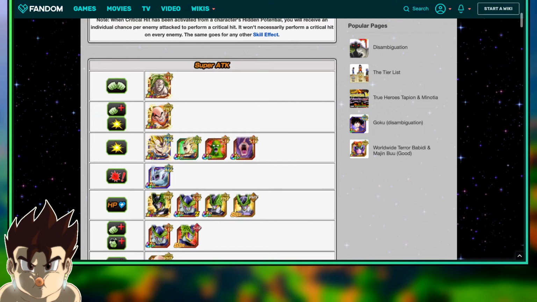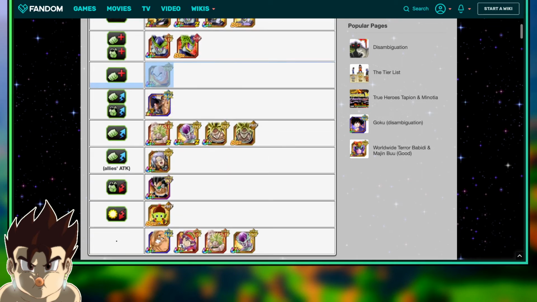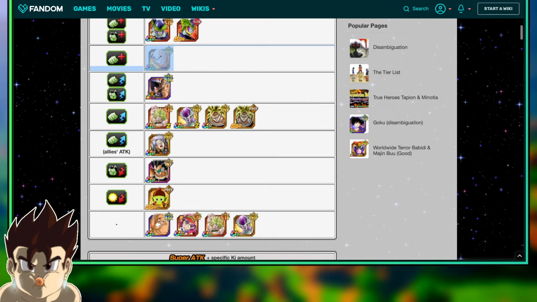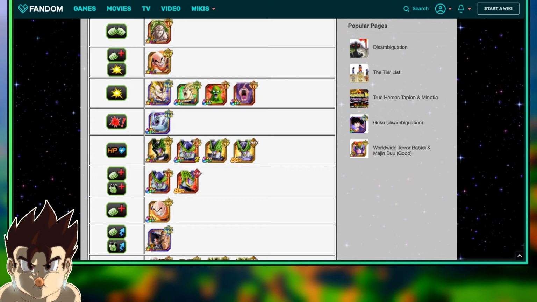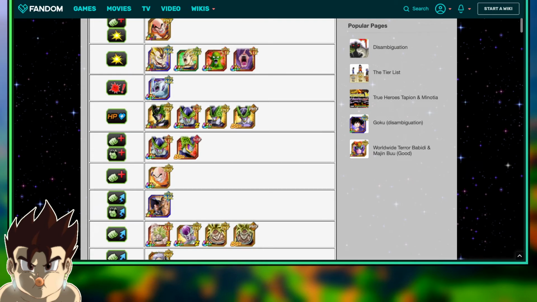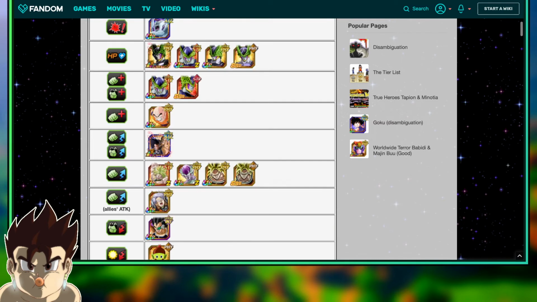Let me see. There's 1, technically 2 if you want to bring him. 3, 4. Yeah, so 4 free to play units here. 4 free to play AoEs. That is a lot of AoEs free to play, and I think it's safe to assume that if you've been playing this game for a good amount of time, you might have at least 1 or 2 of these other